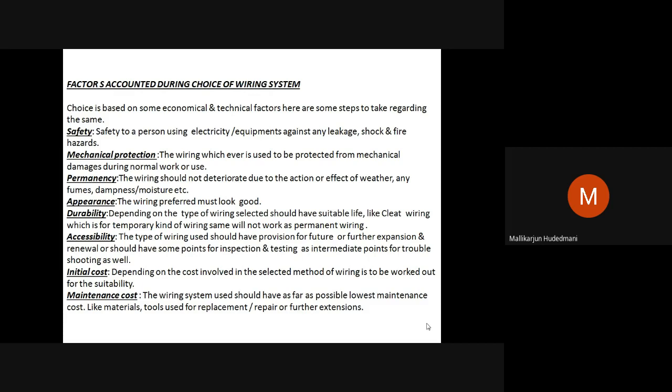After 10 years of living, the components which I have installed may not be available in the market, and I have to replace them. The switches, a regulator, or a connector used at installation time may not be there in the market after 10 or 15 years. I cannot blame the designer or the electrician. It is a natural thing.